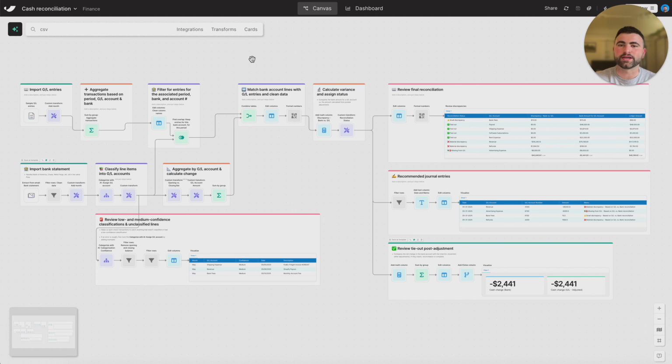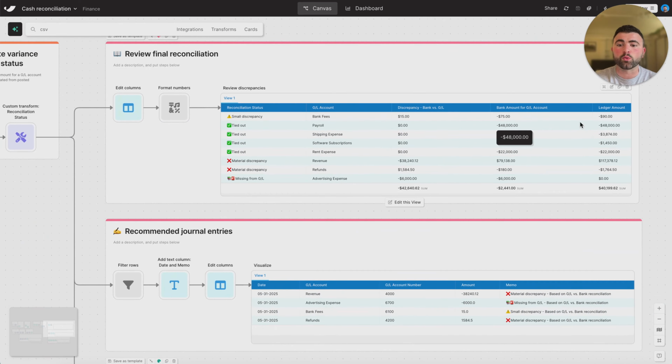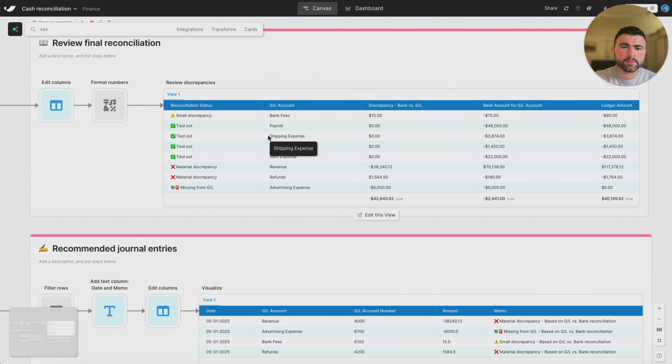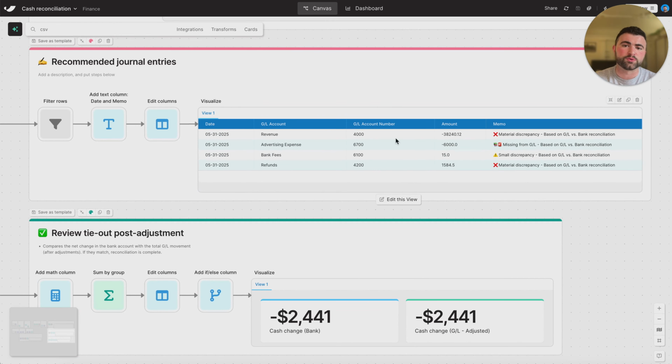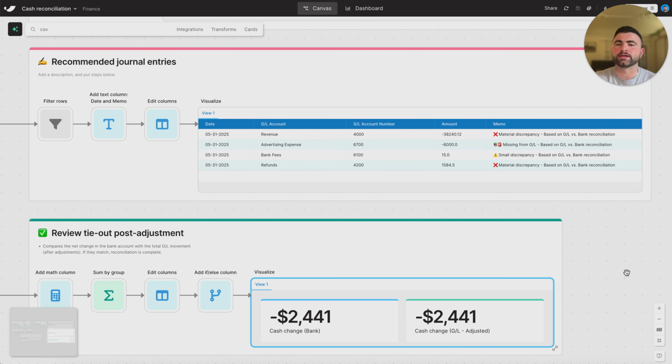In this cash reconciliation flow, we're comparing a bank statement against our GL entries for a given period to help us understand across which GL accounts we have discrepancies, what's been tied out, and then to take it a step further, what adjustments we need to make to our general ledger to make the change in cash balances match. And then at the very bottom here, we can see once we've made these adjustments, we'll then have matching changes